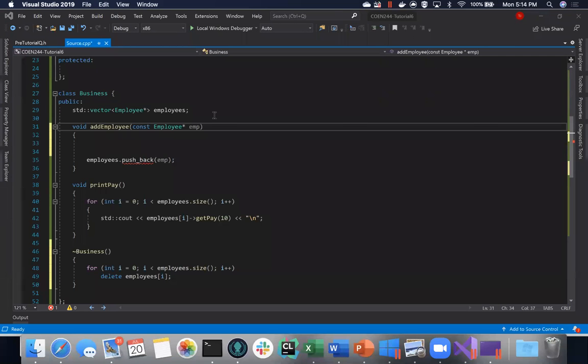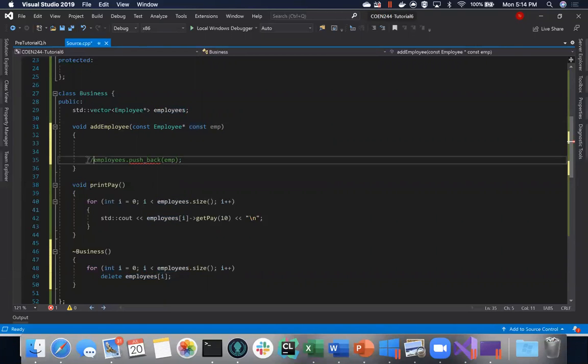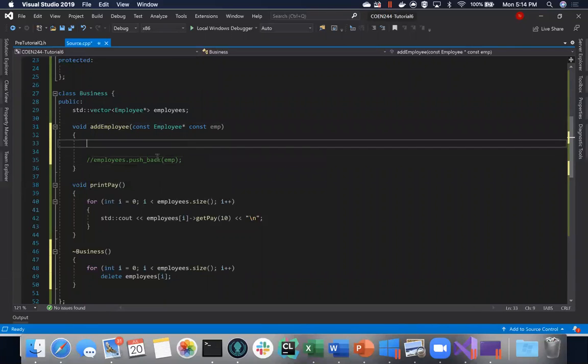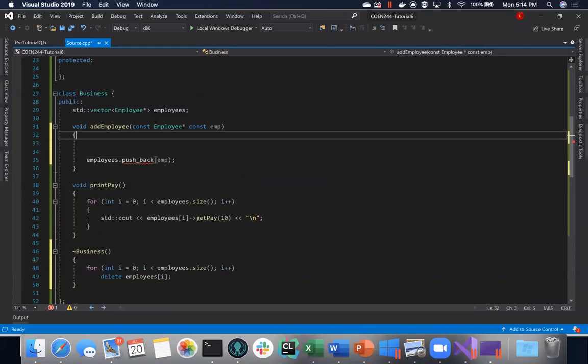Okay, going back to here, we're going to pass this employee as const employee, like a constant pointer pointing to a constant employee. The reason we can't do this is because,